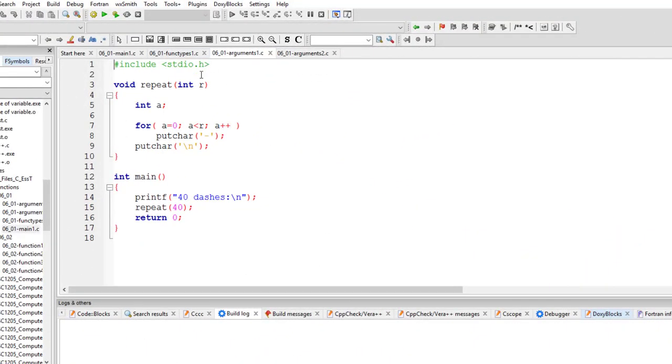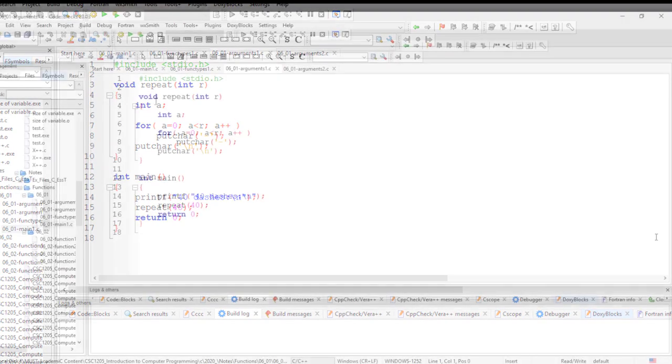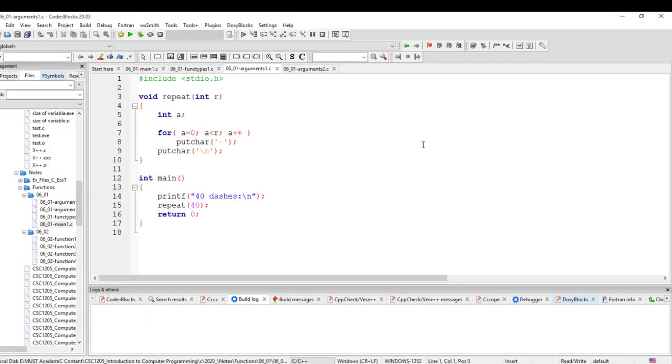Let's look at another example about arguments. Functions that accept input have values listed in the parentheses. These are basically called arguments. Looking at this repeat function here, it's an example that accepts a single argument. It's an integer value. If you consider line 15, the repeat function is called, its arguments are specified